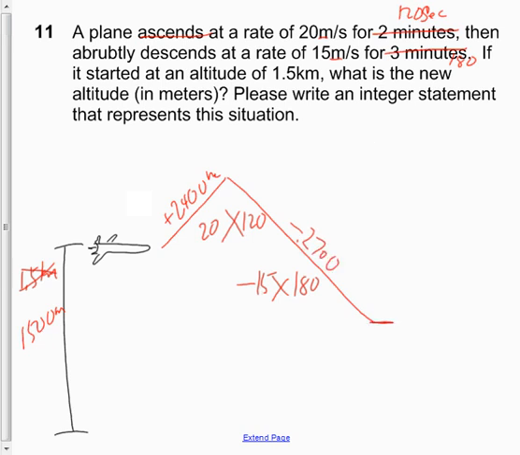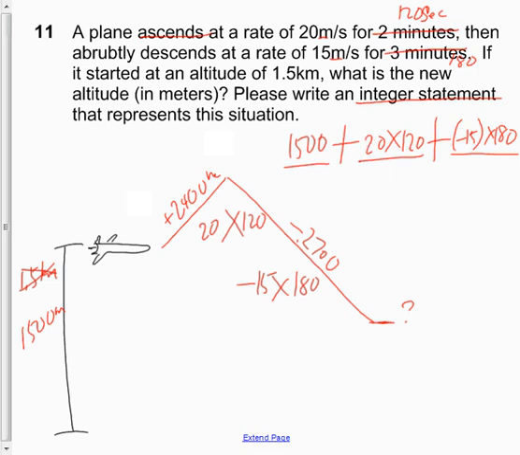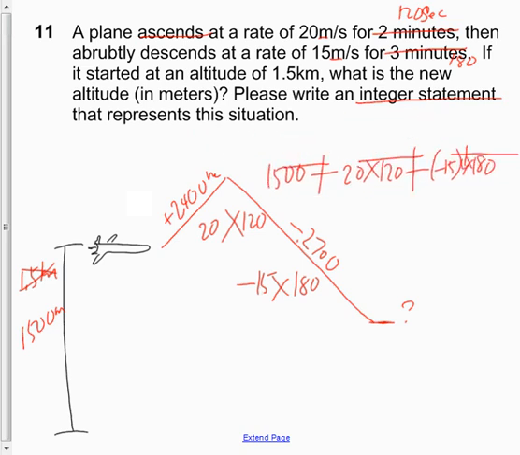Okay, where does it end up? So there's my picture that kind of describes it. I'm going to write out one full sentence that would be the expression, an integer statement that represents the situation. So 1,500, which is your starting altitude, plus 20 times 120, plus negative 15 times 180. That statement would represent everything you needed to do. This is the starting altitude, this is the ascending part, and this is the descending part. And the most important part about it is that you use the negative 15 as your integer, which describes